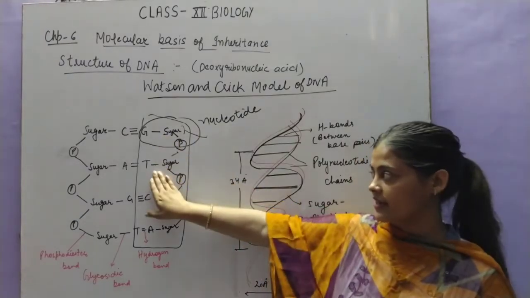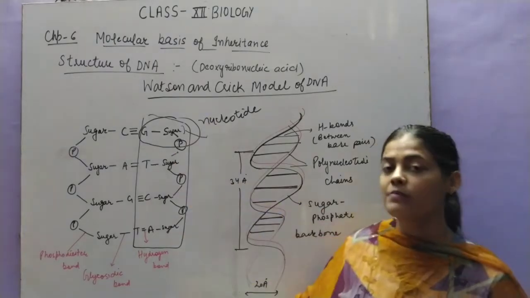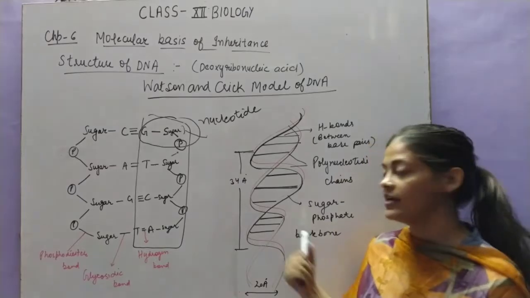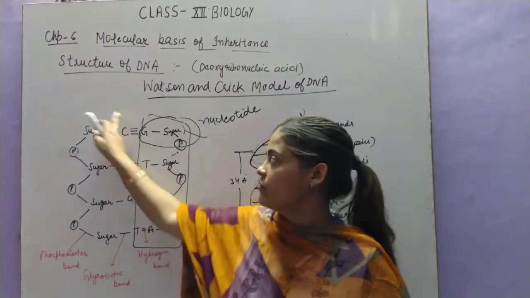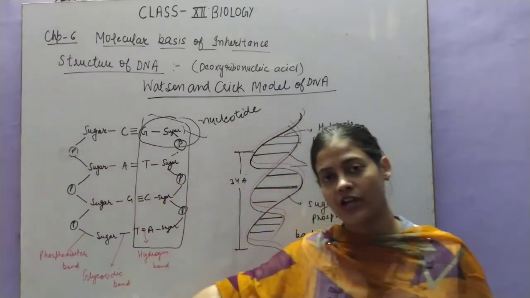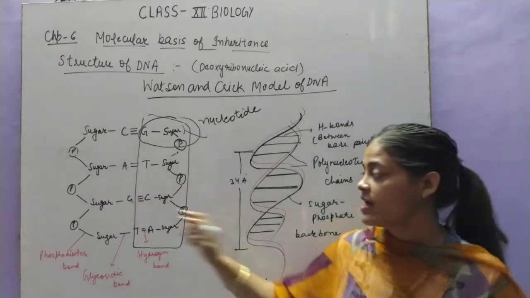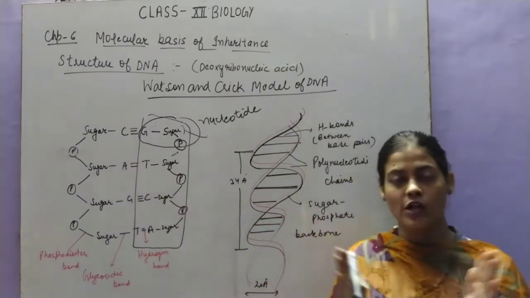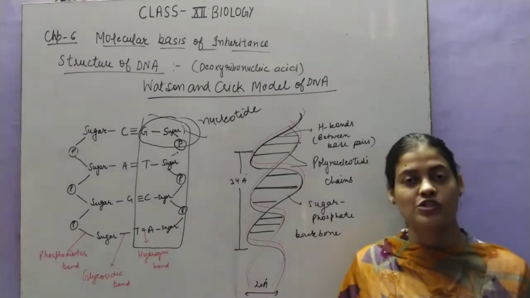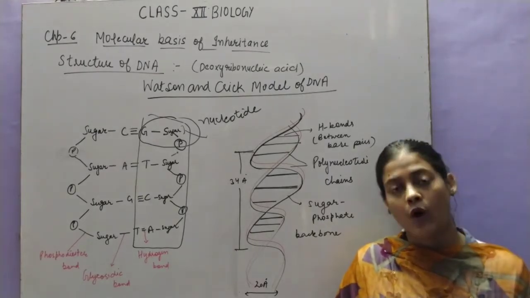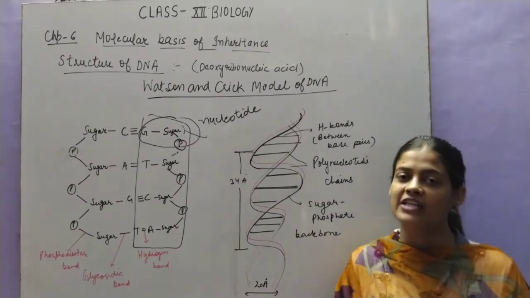This is one nucleotide, this is second nucleotide, this is third nucleotide. So all these nucleotides are attached with each other and they will form a single polynucleotide chain. That is why it is called polynucleotide chain. Similarly, this side will form one nucleotide and these nucleotides will join with each other to form a polynucleotide chain. So these two polynucleotide chains will be formed, and the nitrogenous bases of the two chains will face each other, and there is a bonding between them. They bond with each other with hydrogen bonds, which help the polynucleotide chains to remain attached together.